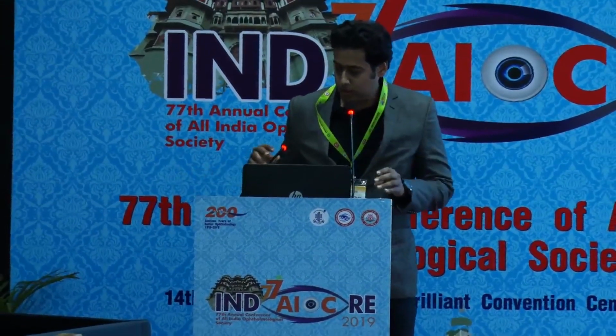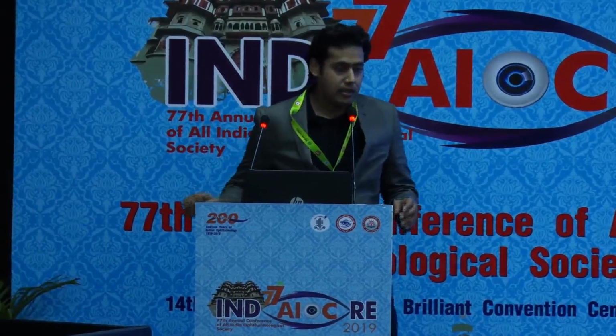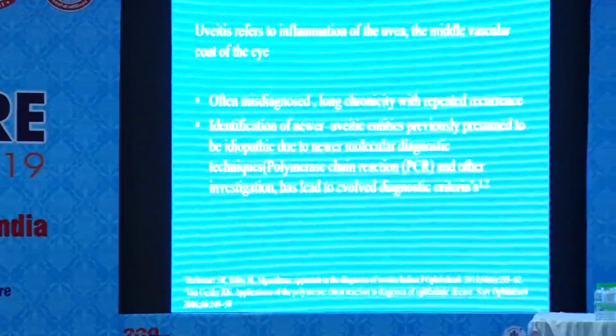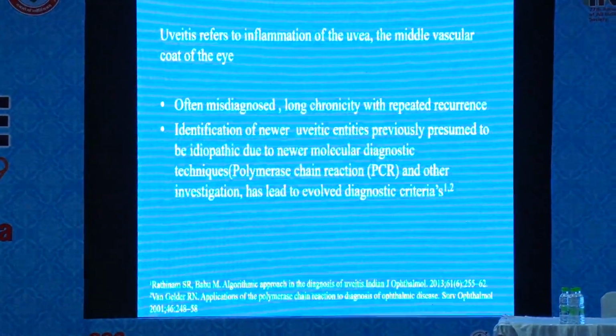Myself, Dr. Saurabh. This study was under the guidance of respected Dr. Soumya Basu sir, and my code is FP1449. As we all know, uveitis is an inflammatory disease of the uveal tissue,